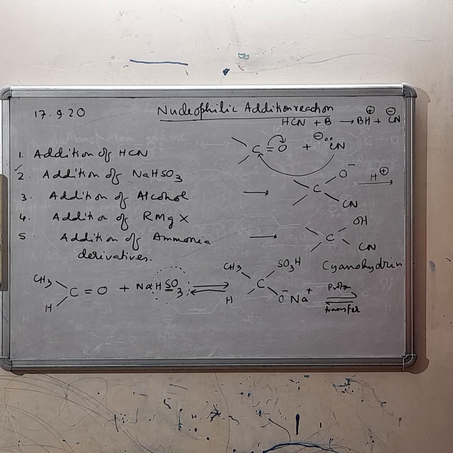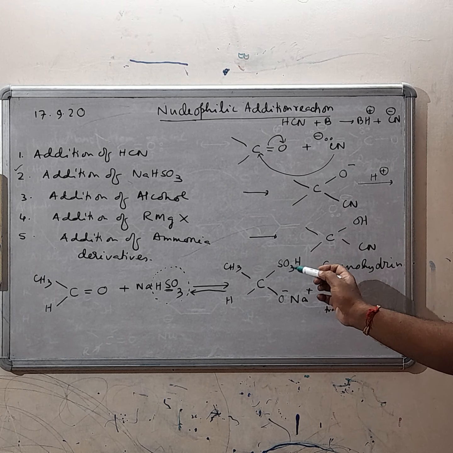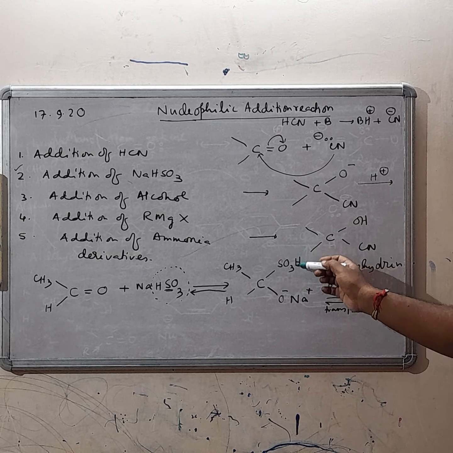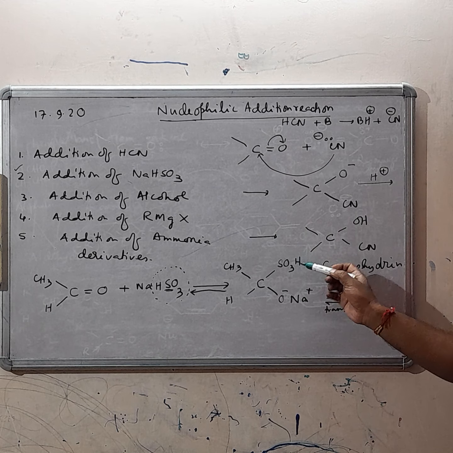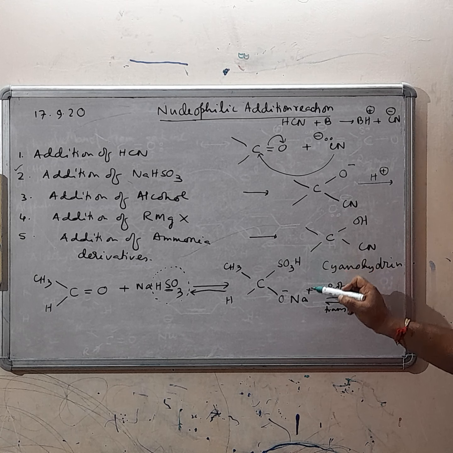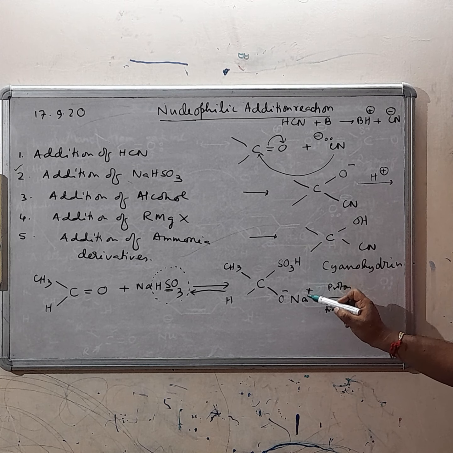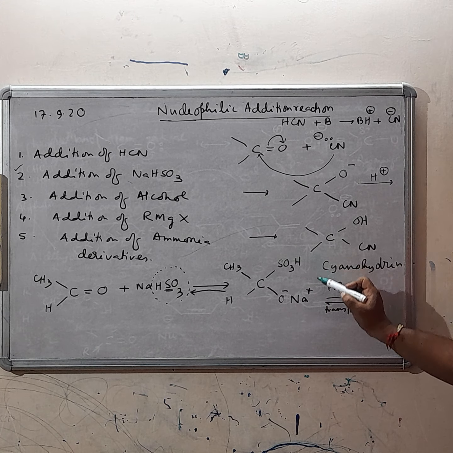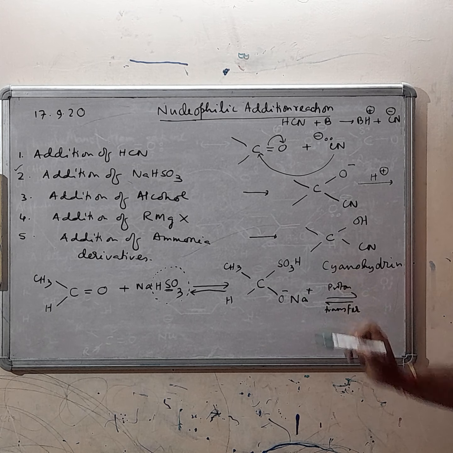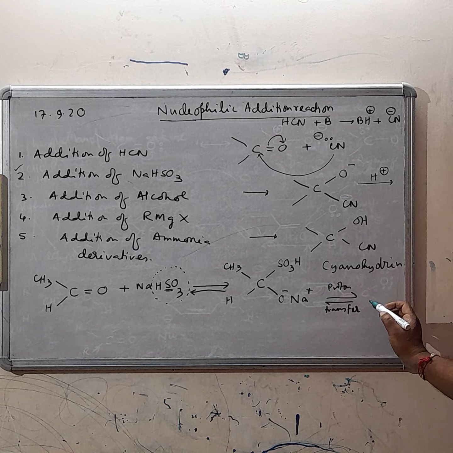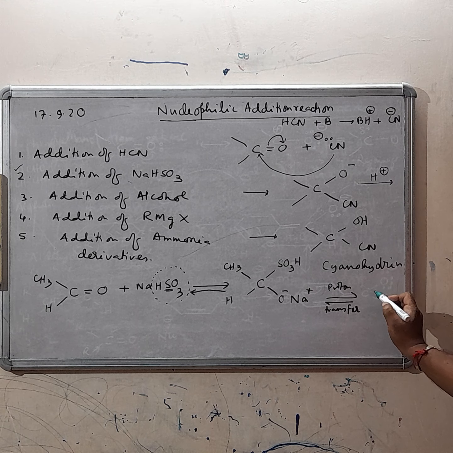The reason for proton transfer is sulfonic acid. You know, a strong acid will like to exist as an anion, it being a strong acid. So H plus from here will come here, proton transfer, and simultaneously this Na plus will go here. So due to proton transfer, we have this